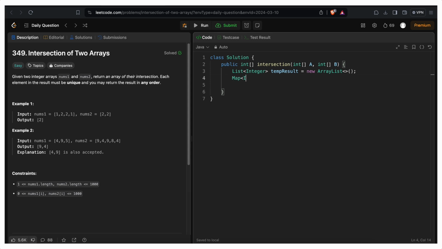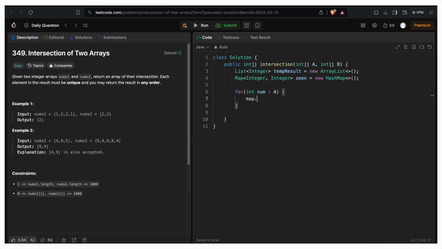Now we need a map which will hold an element corresponding to value 1. So let's create a seen map. Now we'll traverse over each and every element of array A and we'll put each and every element with value 1. So this is a seen map. Second, we'll traverse the array B, and if the element is present in the seen map and the value is 1, we are going to add it as a part of temp result and we'll update the value with 0.